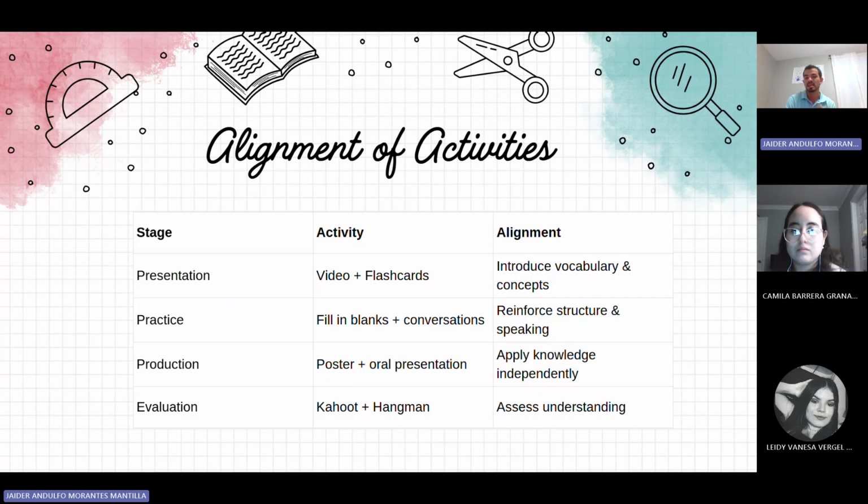In the practice stage, fill in the blanks and conversations help reinforce the structure and speaking. In the production stage, with a poster and oral presentation, you can apply knowledge independently.